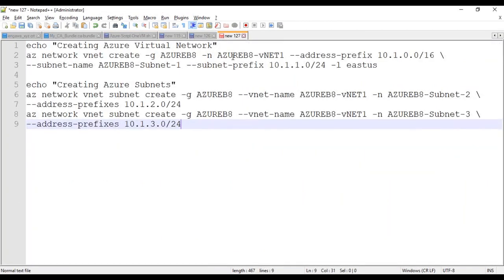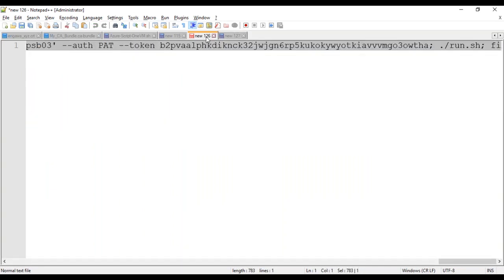I'm going to paste here. I'm going to change a few things. I'm going to say VNET 2. I'm going to say 10.2, and the IP address here 10.2.1.0. And here the resource group is the same. Only the VNet is going to say 2, and subnet 2, and again 2 and subnet 3. Only thing I need to do is 2 and 2 here. Okay, and what else do I need to do?